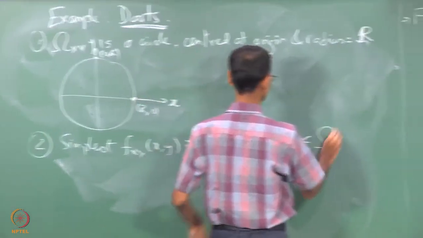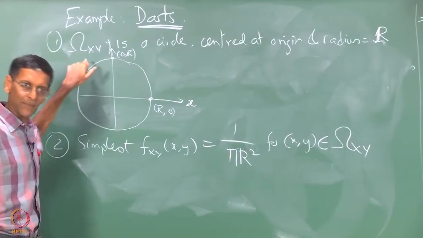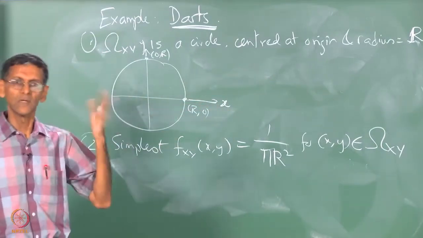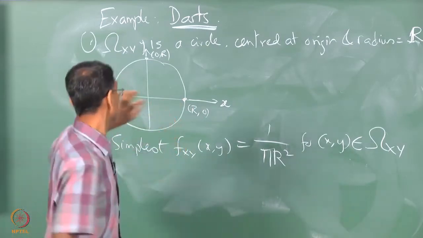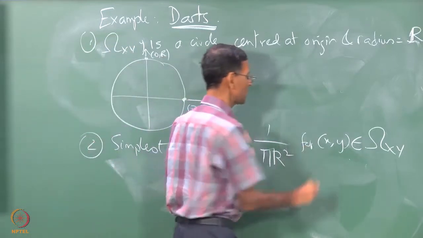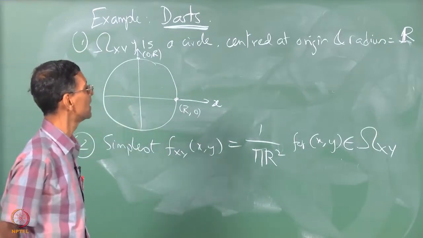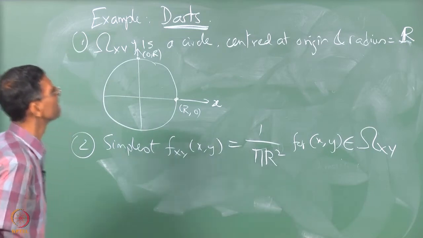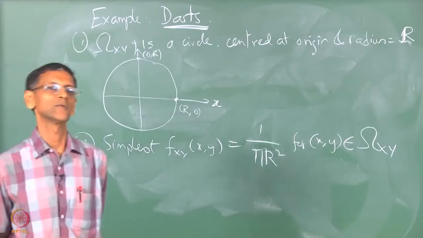This circle, right. In this case I could have used omega itself, but as I said somewhere, we are going to keep the generality in mind and always use only omega xy rather than saying, okay, it is only r squared, so it is enough for me to use omega. I do not want to make exceptions like that, so I want to uniformly use this omega xy for the region in which they take probable values. So, everybody agrees this is the simplest fxy. You can't have anything